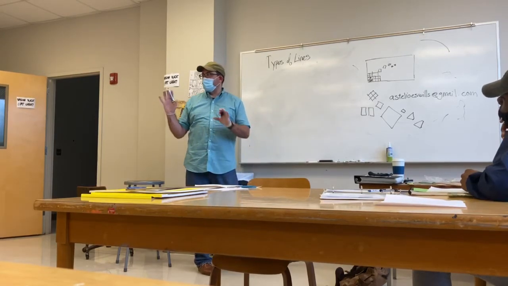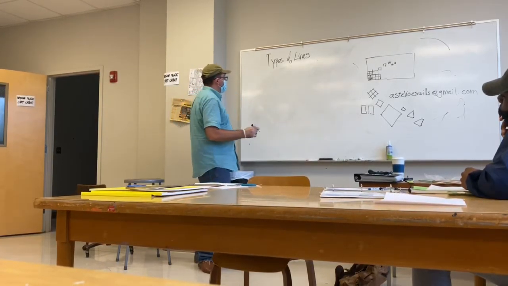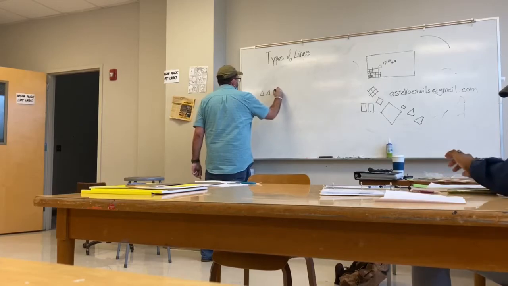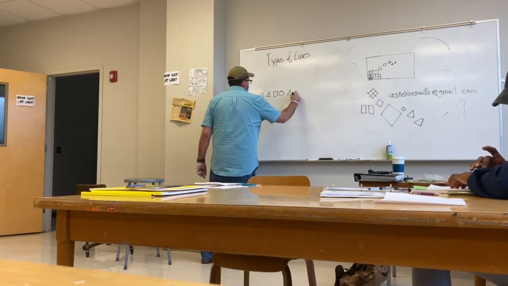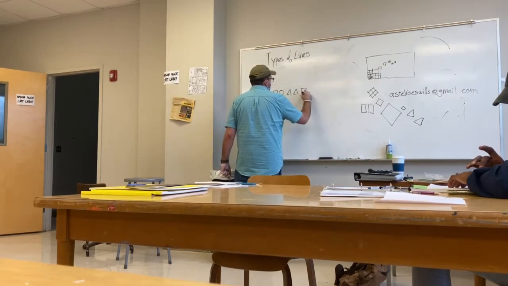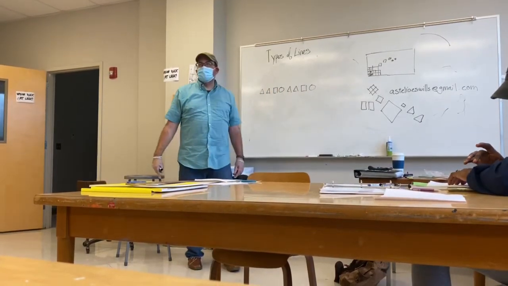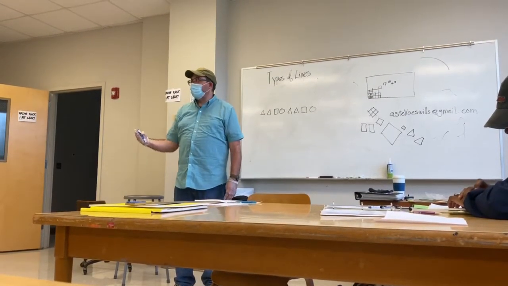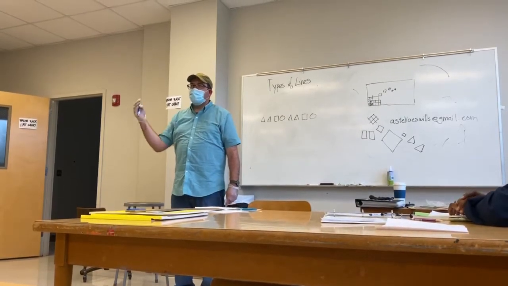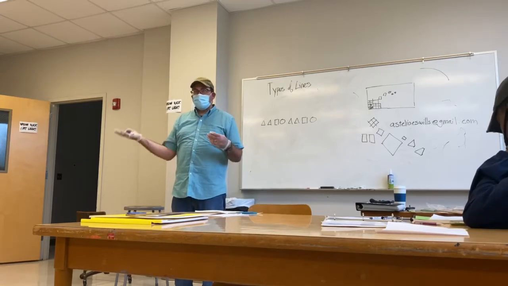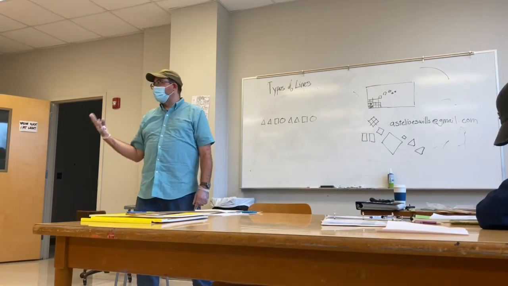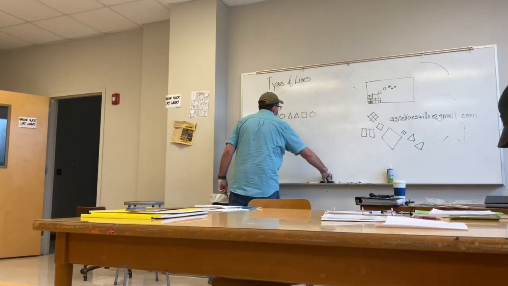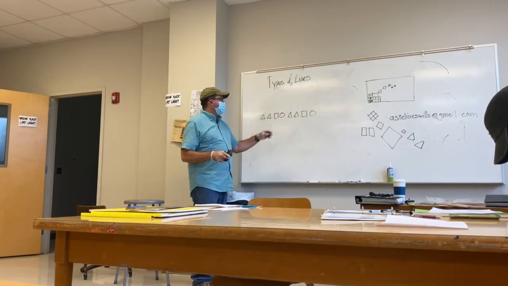Let's put lines aside for a while and just think about shapes. If I did this: triangle, triangle, square, circle, triangle, triangle, square, circle. It's a literal representation of a pattern. It's kind of boring. It's like saying that someone writing A, B, B, A, B represents a rhyme scheme. Well, yeah, it does, but it doesn't have any of the fun of the actual rhyme scheme. It's very abstract. But we could do the same thing and not only have a different symbol, but we